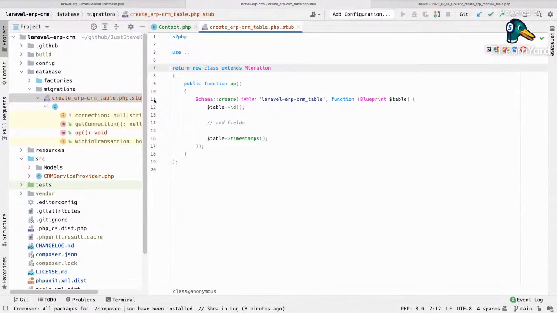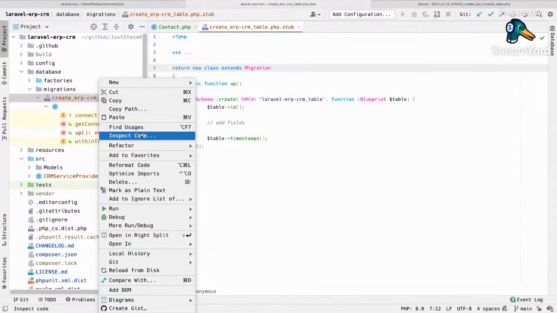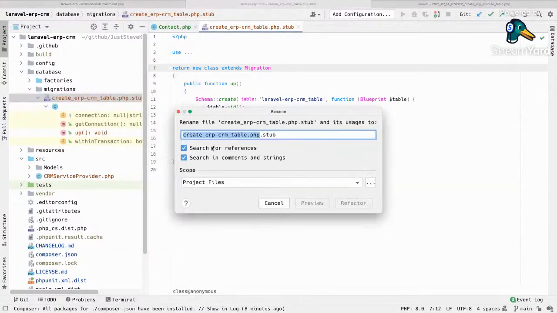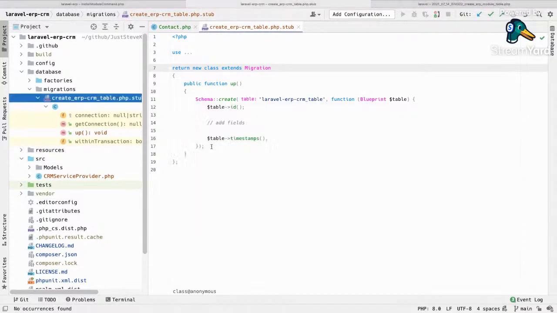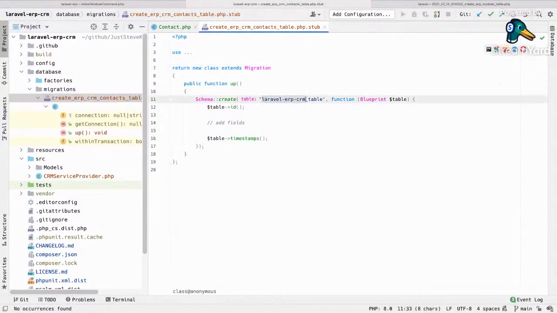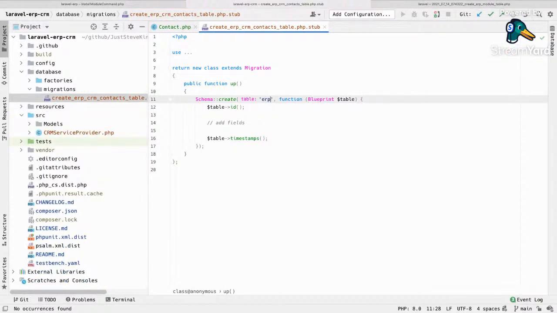Okay, so create a table. We're going to rename this. Create CRM. Okay, so ERP, CRM, contacts table. It sounds like a horrible name, I know, but there's a reason. So ERP, CRM,